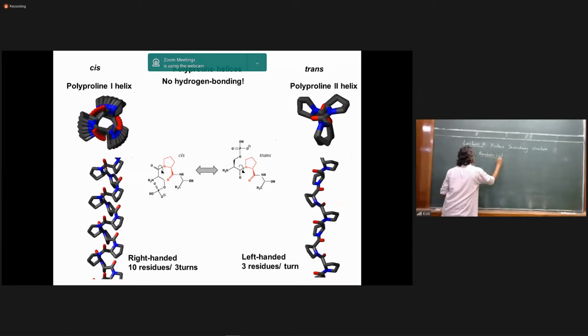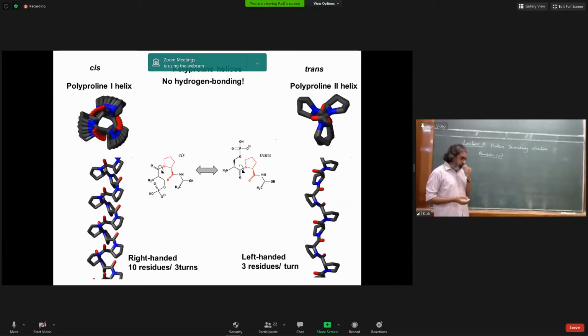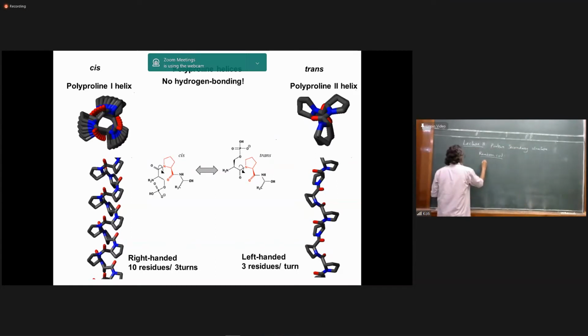Let's see, how do you characterize a secondary structure? You can map the phi and psi on a Ramachandran map. If a set of phi and psi for a stretch of amino acids falls into, for example, the alpha helical region, then it is alpha helix. If a set of consecutive phi and psi of a peptide stretch falls into, let's say, antiparallel beta sheet, then you have antiparallel beta sheet. So when we say secondary structure, this is basically a continuous stretch of amino acids having the phi psi of a secondary structural element.